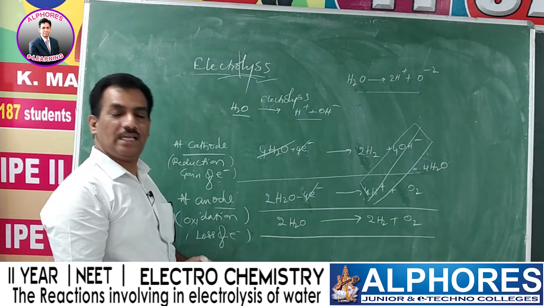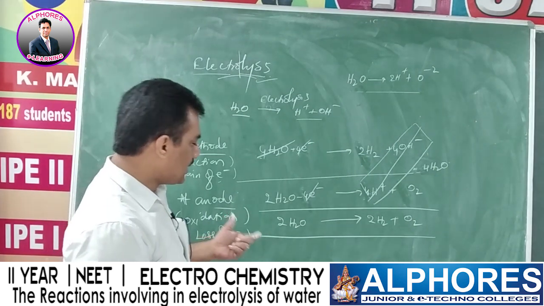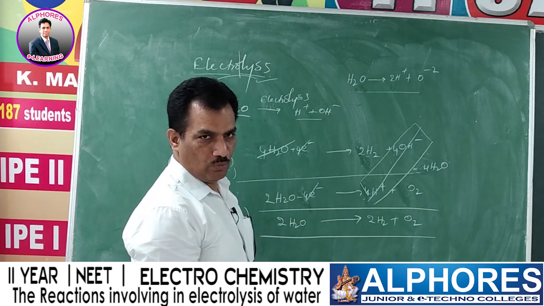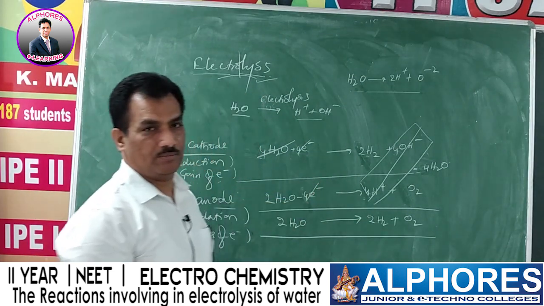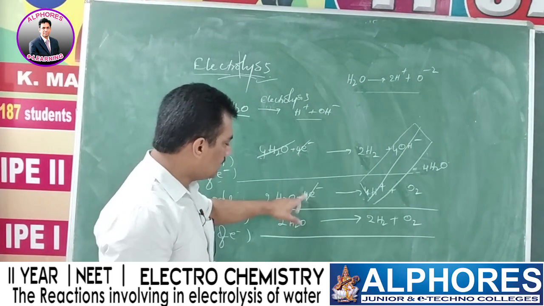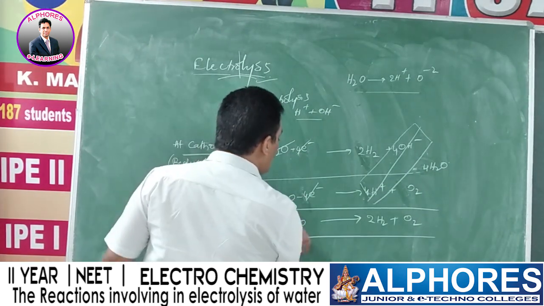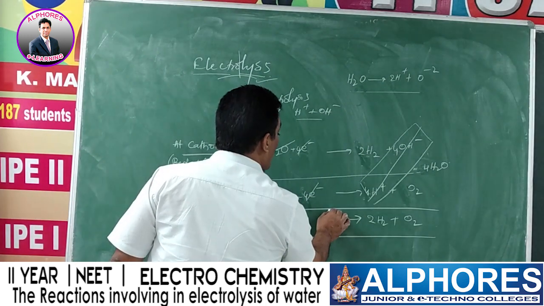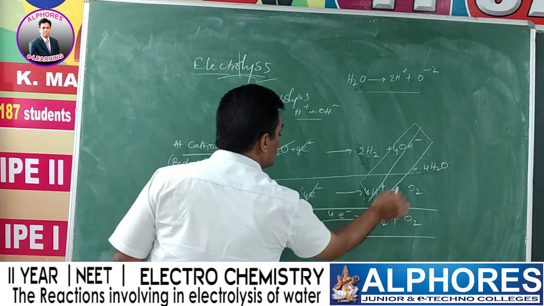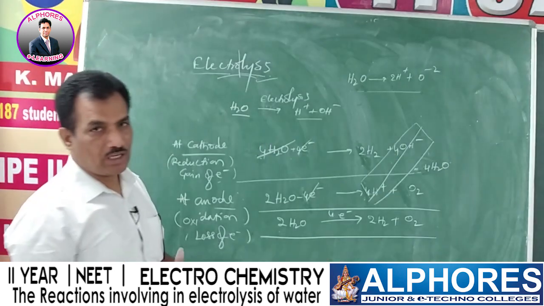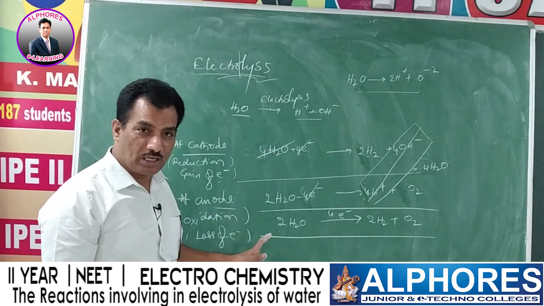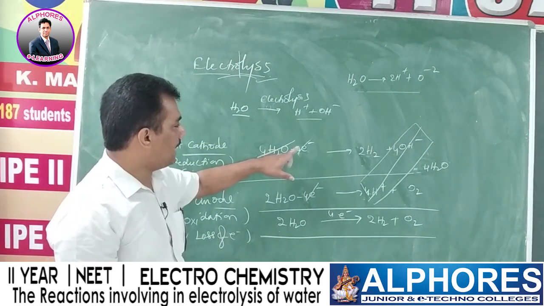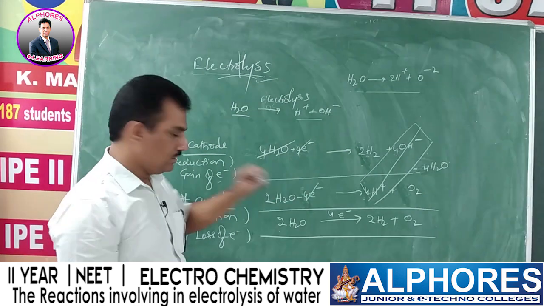Clear? Now in this electrolysis, when 2 water molecules are lysed to get 2 H2 and O2, how many electrons are involved? When 2 molecules of water are involved, the balanced electrons are 4. So 2 moles of water to undergo electrolysis requires 4 moles of electrons. Again I am repeating because it is very, very important in solving numericals. We are going to solve some numericals related to this. And again you remember, it is balanced. At the cathode, hydrogen is released. At the anode, oxygen is released.